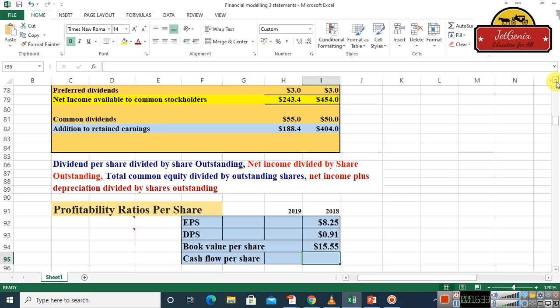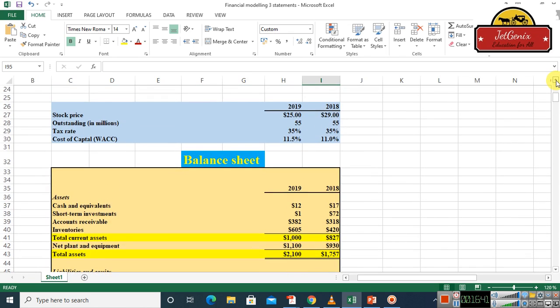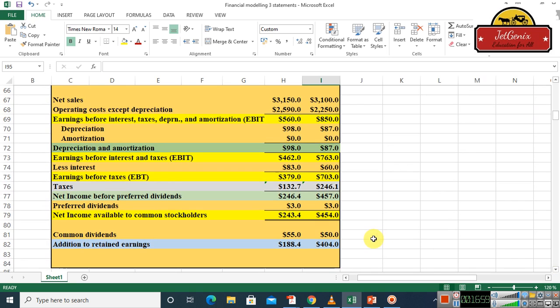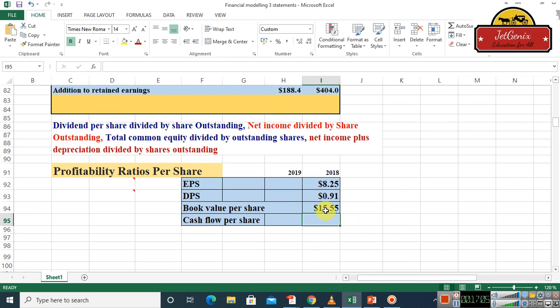2018-19 it was somewhere about 25 or 23, but we have it somewhere here in our data set, let me find it. Yes, in 2018, you see now the stock price, as we had assumed, at the beginning of 2018 it was 29. Okay, and now at the end of 2018, the book value of this share is 15.55. Okay, and if you want to calculate the cash flow per share, we are going